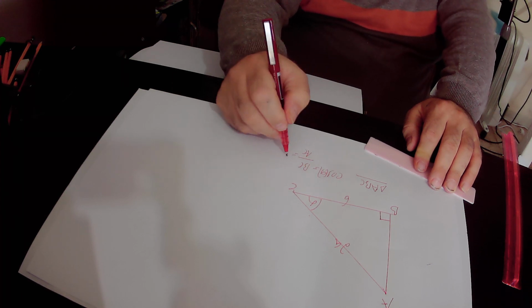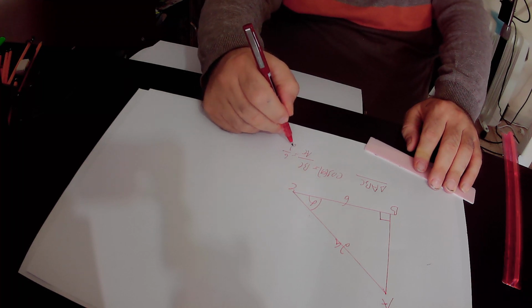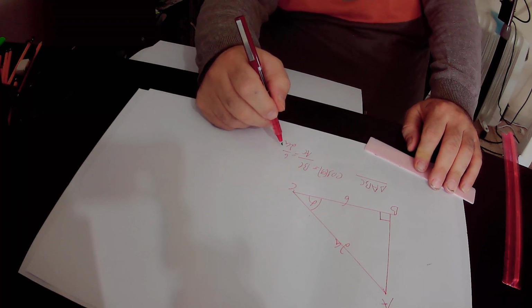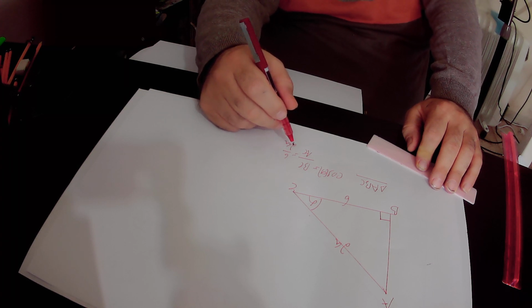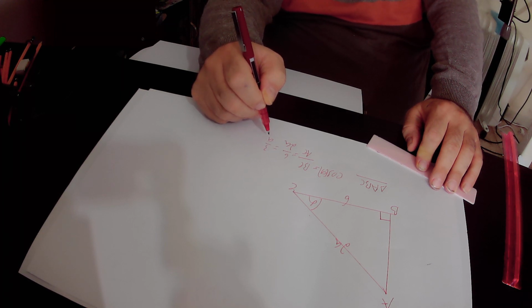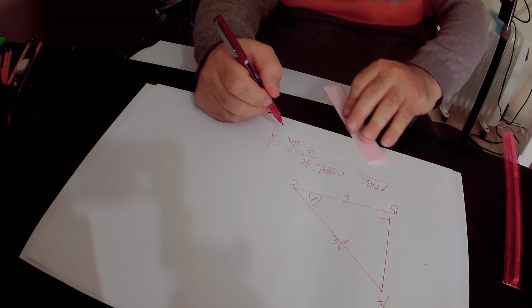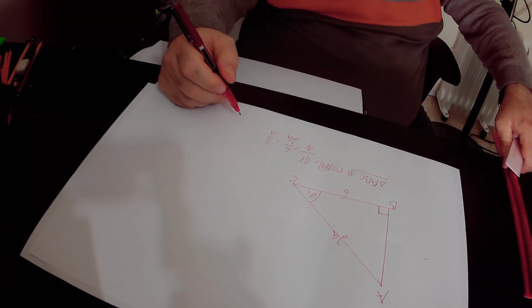BC equals 6 units, it is given in the question, and AC equals 2a according to our definition. Here we divide both the numerator and the denominator by 2, and we get that 6 over 2 is 3, and 2a over a is a. So in conclusion, we found out that according to equation number 1,